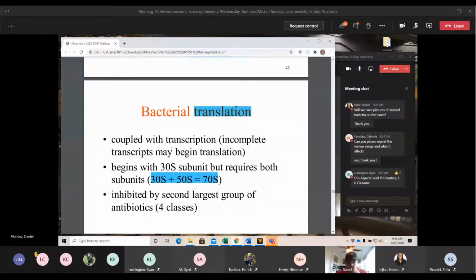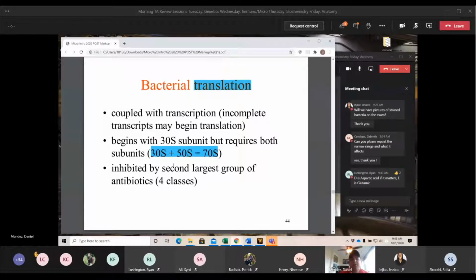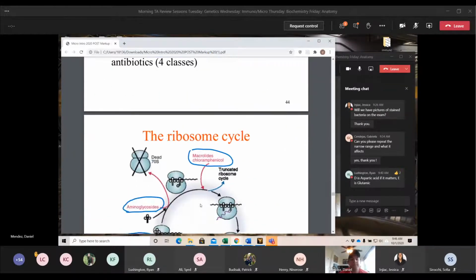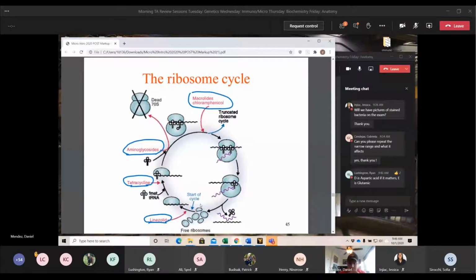So, translation. Bacterial translation is very similar to eukaryotic. The biggest difference is the ribosome size. Here we have two subunits, the 30S and the 50S. These two subunits combine to make a 70S, unlike in ours, which are 80S. It's important to note that because you do need to know the antibiotics and which subunit they attach onto. Here is a very crazy diagram. You don't need to know this. I think this is just way too confusing. I think it's a lot easier if you just write it out and put which one does which.